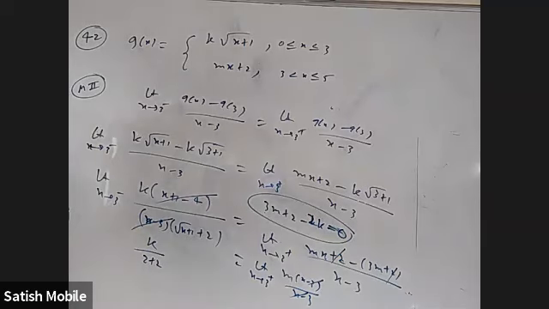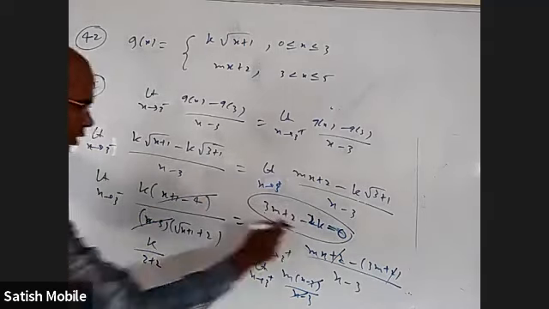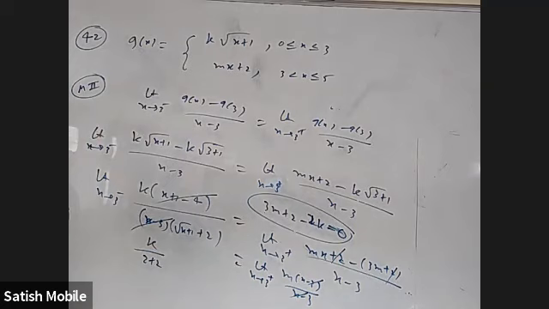Okay. And another equation we already got is the same: 3m plus 2 minus 2k equal to 0. Solve these two, we'll get the same m and k. Earlier also we got the same equation. We got this equation from continuity and we got this equation from differentiability.